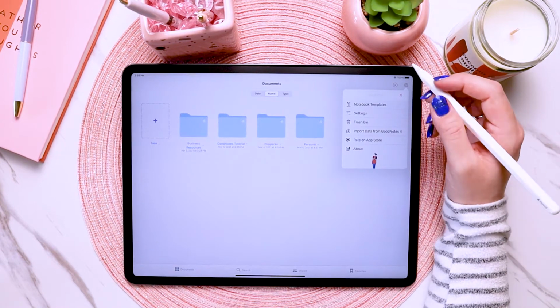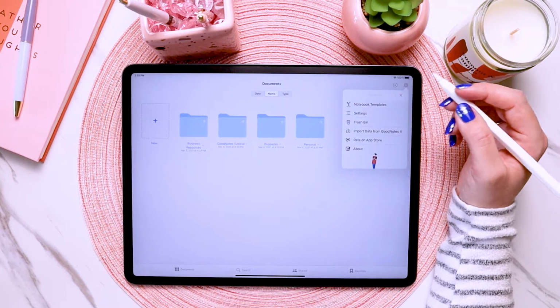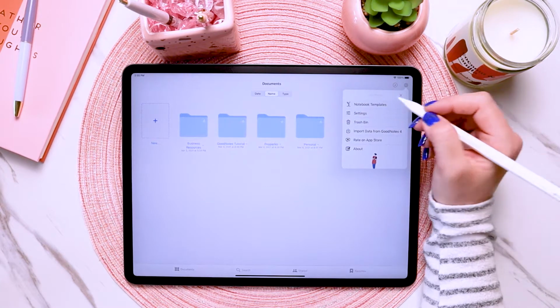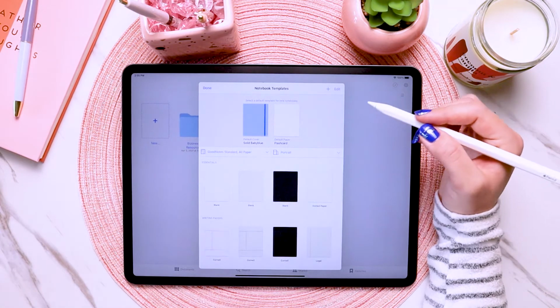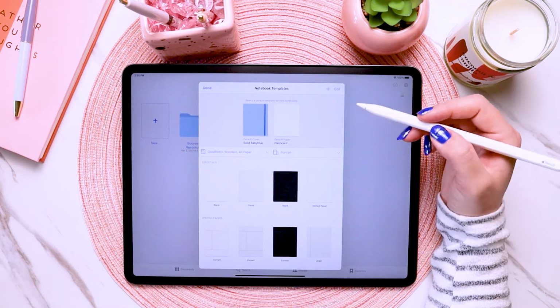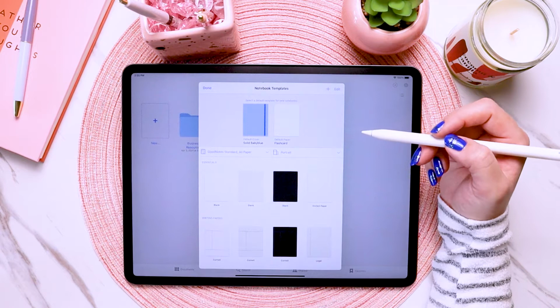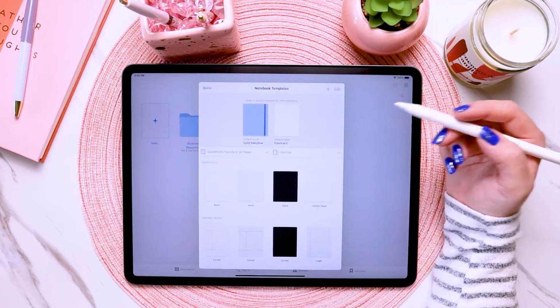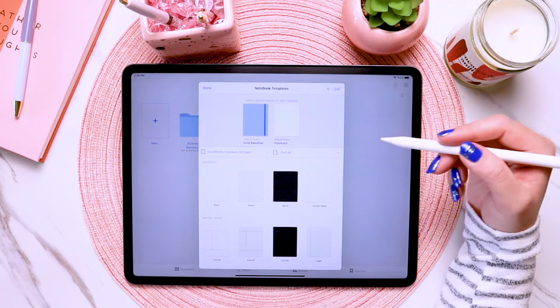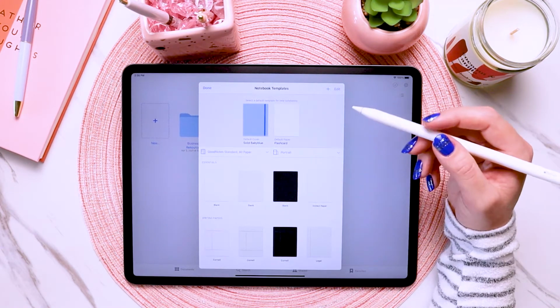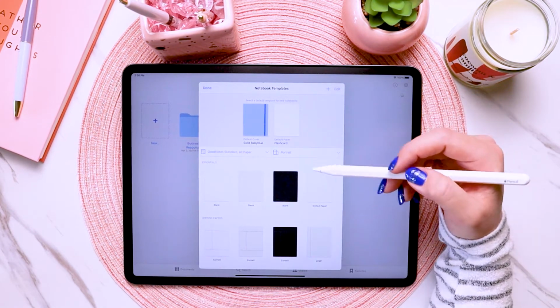So this is where a lot of things that you can customize in GoodNotes is at. So let's just go ahead and start with notebook templates. So this is just a way for you to set what you want the default to be whenever you create a new notebook in GoodNotes. You can always change it though if you are going through the process of creating a new notebook. You can always change the actual templates or the cover page, but this is where you can set what the